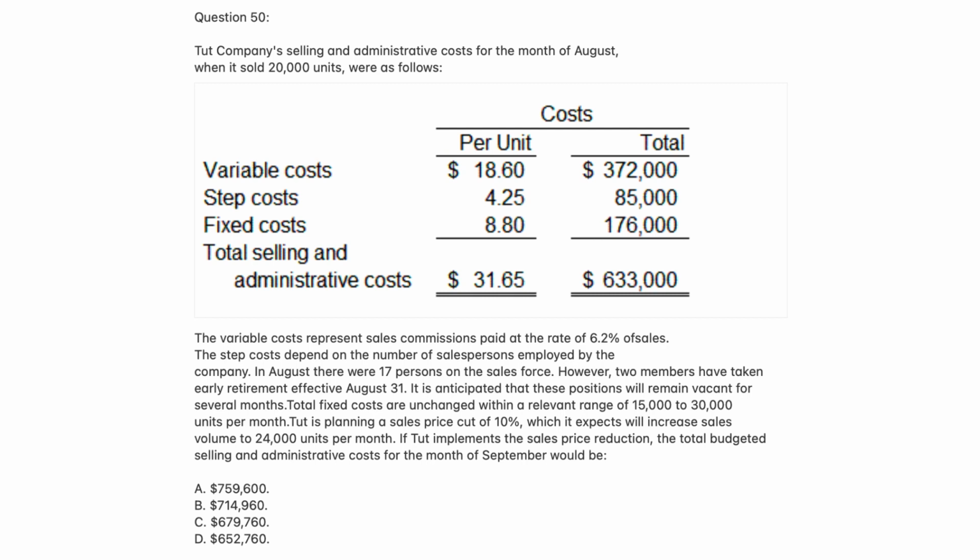It is anticipated that these positions will remain vacant for several months. Total fixed costs are unchanged within a relevant range of 15,000 to 30,000 units per month. Tut is planning a sales price cut of 10%, which it expects will increase sales volume to 24,000 units per month. If Tut implements the sales price reduction, the total budgeted selling and administrative costs for the month of September would be